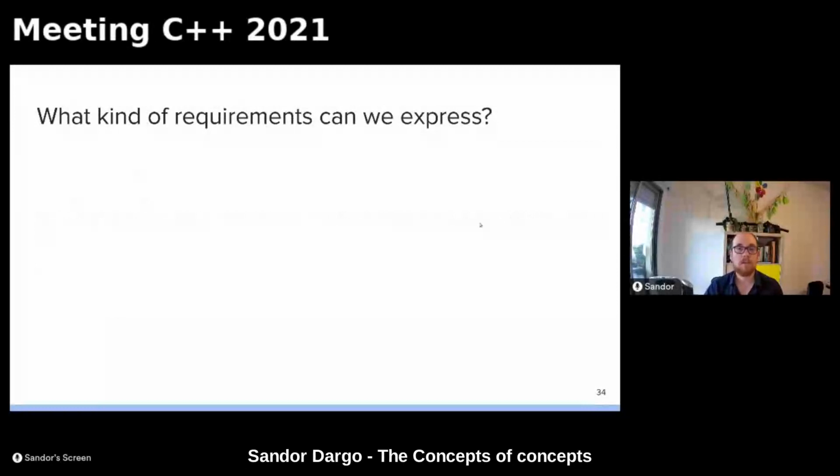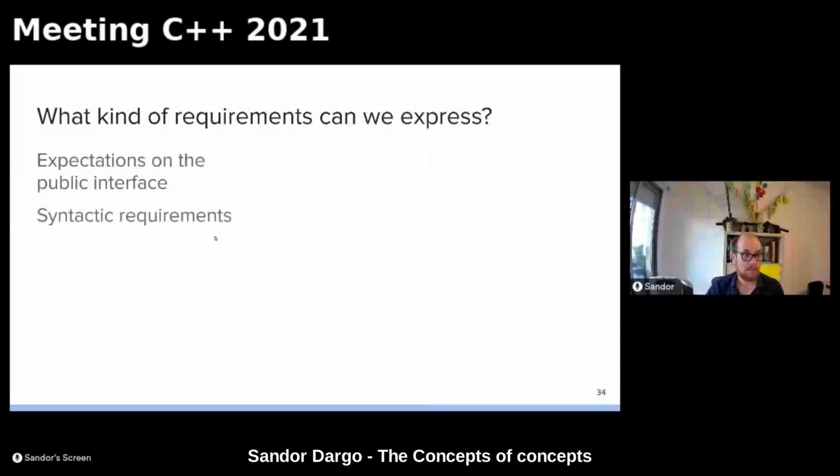So what kind of requirements can we express? Because as you imagine, we want to express more than simply true. We can list our expectations on the public interface. We can list our syntactic requirements, but